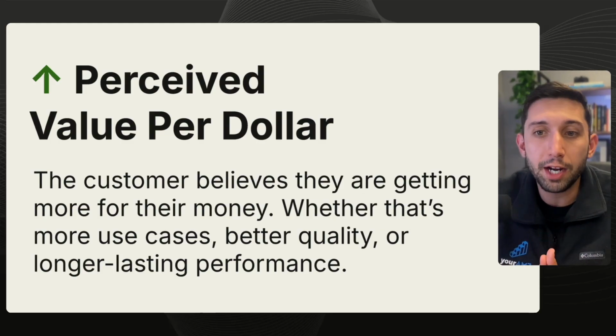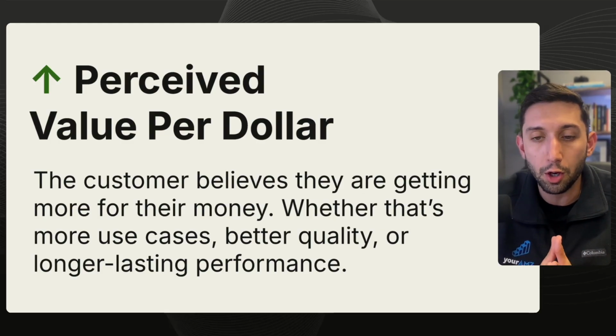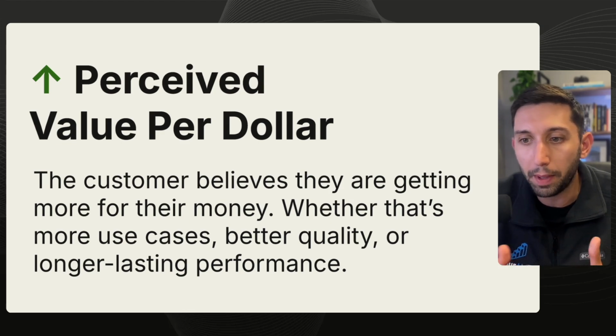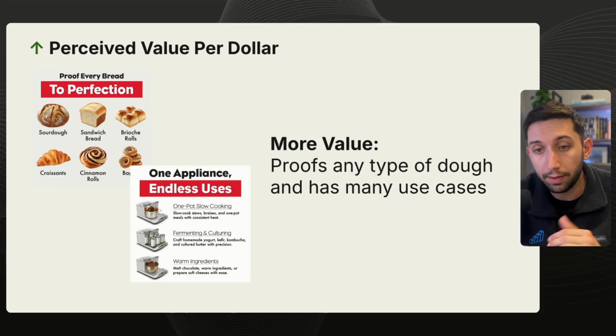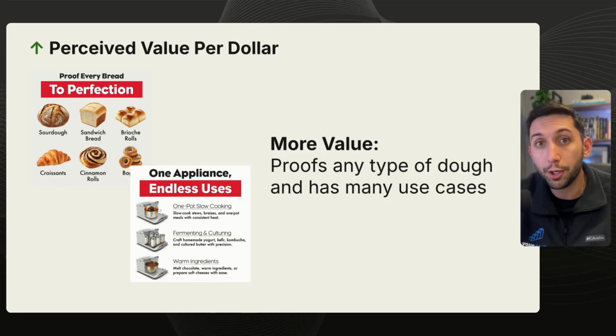Our third strategy is going to be increasing the perceived value per dollar. So in this case, the customer believes they are getting more for their money, whether that's more use cases, better quality, or longer lasting performance. Looking at, again, the dough proofer, most people are going to be using this to make sourdough. But can you justify a $250 purchase just to make sourdough? Maybe, maybe not. But if you're a baker,